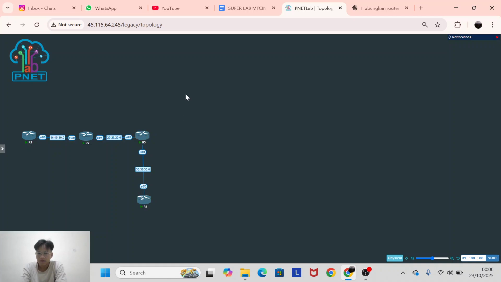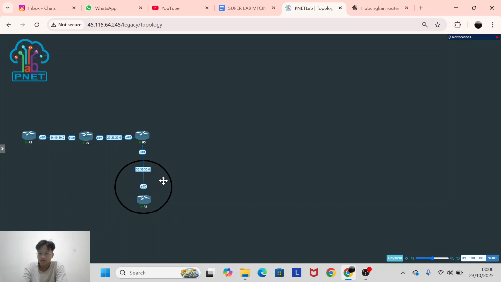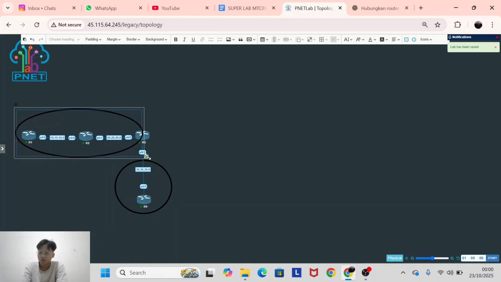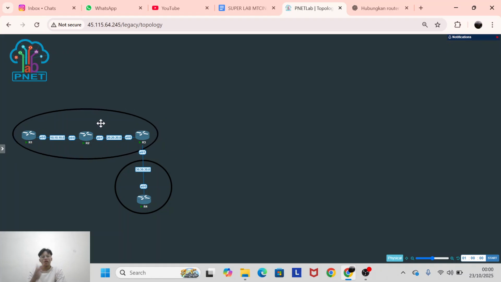I put an icon for what I talk about. This is for one autonomous system, and there is one more in here. So I make two autonomous system numbers. If you think about it, where is the route reflector in here? In router 2, because the other routers are connected to router 2, so I call it the route reflector.